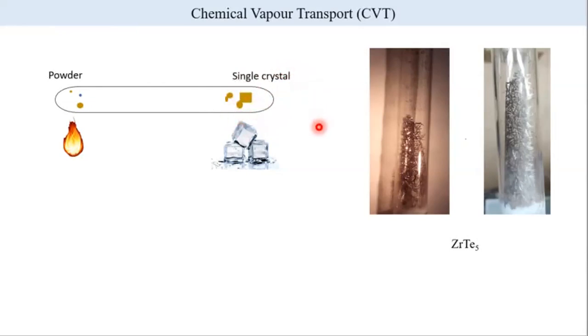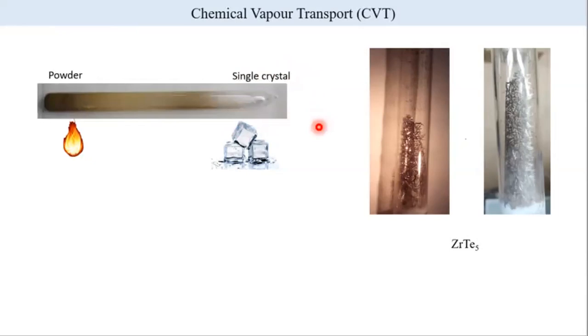But the important thing is this: most of the TMD materials, like MoAC2 or WAC2, all those layered materials, can be grown in this CVT process, because those are very easy to grow by this process. This is why people extensively use this process to grow those kinds of layered samples. There are many materials that can be grown by all three processes, CVT, flux growth, and Bridgman, Czochralski also. I have tried all three processes to grow one type of crystal. That is also possible.